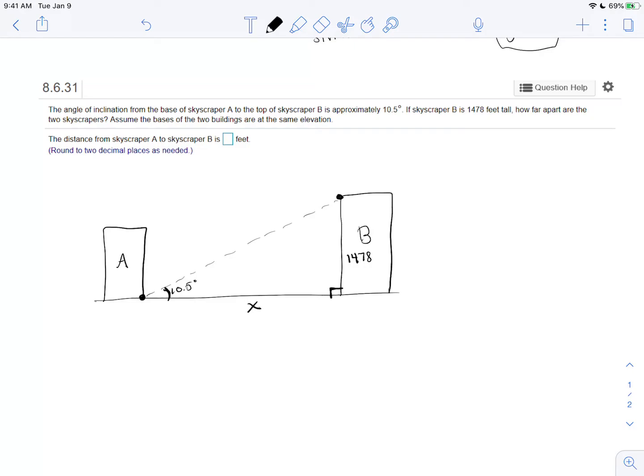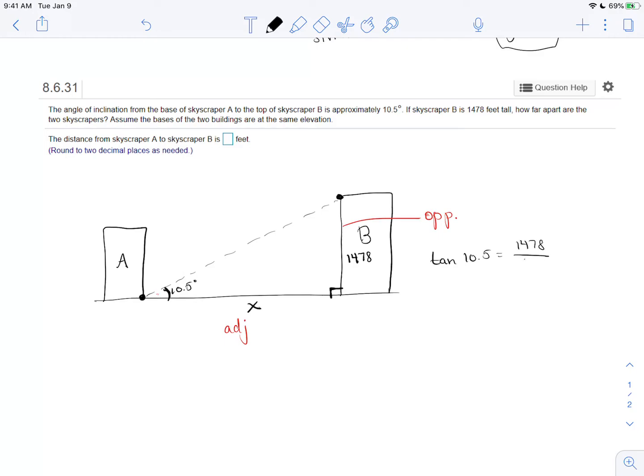So we've created a right triangle here. From this angle, this is my opposite side. So I'm going to label it opposite. This side that's labeled X is my adjacent side. So I'm going to label A. And so we have O and A. That means we want to use tangent. So tangent 10.5 degrees equals